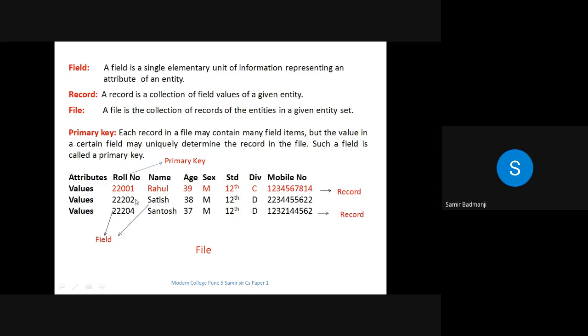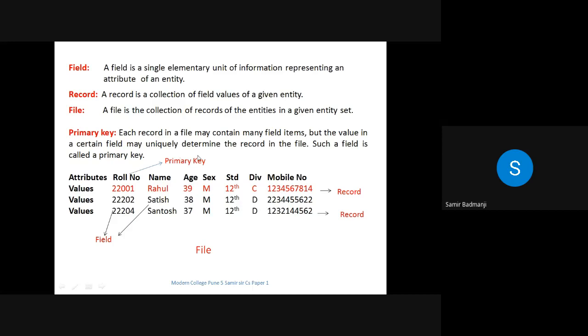Now next we'll see primary key. Only definitions are there for this. So what do you mean by primary key? Suppose the attributes of a student are roll number, name, age. Basically how do you identify that student? By some unique number you should identify. Here name can be common. Suppose Rahul is there, and 50 students are there in the class. There can be 4 or 5 Rahuls, or the ages can be the same. Standard will be the same, division can be the same. Mobile number will be different. But it is easy to identify the student by his roll number.